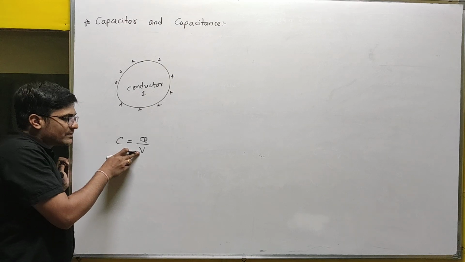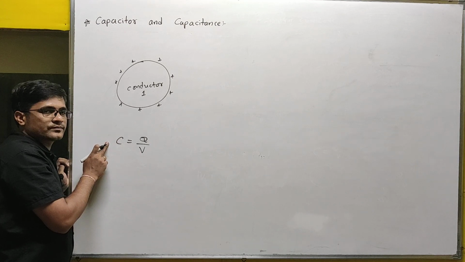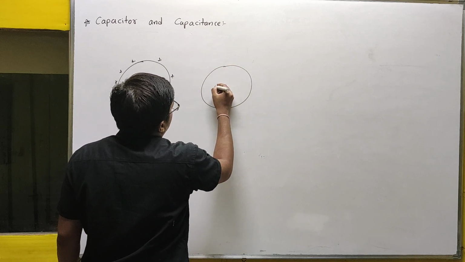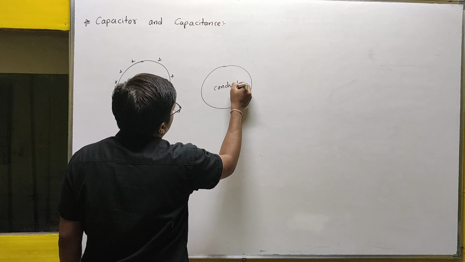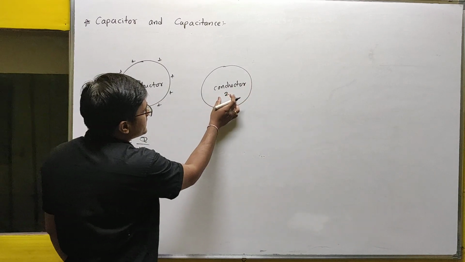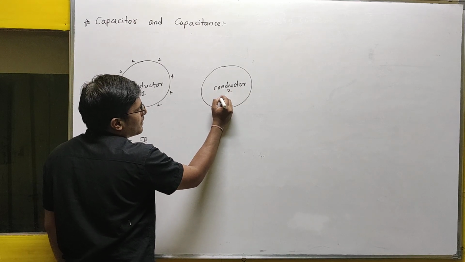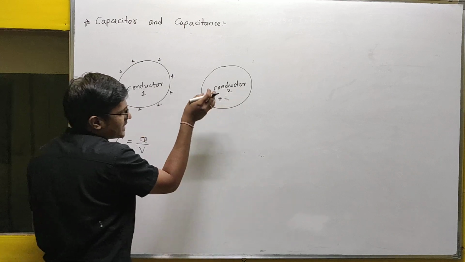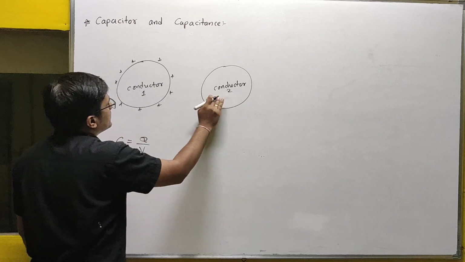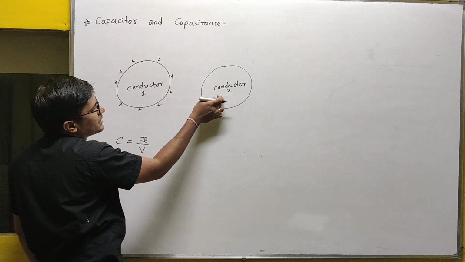So if you decrease the potential on this conductor, the capacitance will increase, because both are in inverse proportion. To do that, keep an uncharged conductor near this charged conductor. Then what happens? This conductor is uncharged. Uncharged means there are charges inside the conductor, but the amounts of positive and negative charges are equal. So the total charge is equal to what? 0. But the positive charges on conductor 1 attract the negative charges of conductor 2.